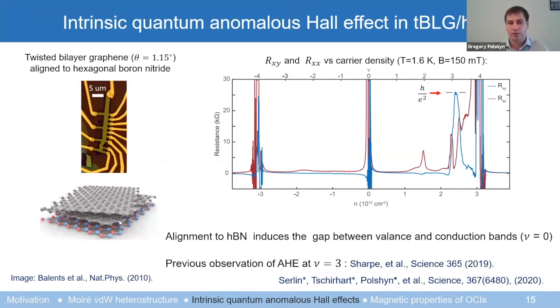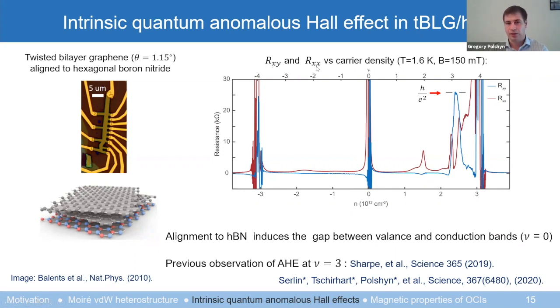Right. So in twisted bilayer graphene aligned to HBN, what this alignment does is break, for example, inversion symmetry, because HBN has two distinct atoms in its honeycomb lattice. So it breaks inversion symmetry. This broken C2 symmetry, in monolayer graphene, will actually open a gap in the Dirac point. A similar thing happens for twisted bilayer graphene. Now there is a robust gap between valence and conduction band. And this is our experimental data, which shows